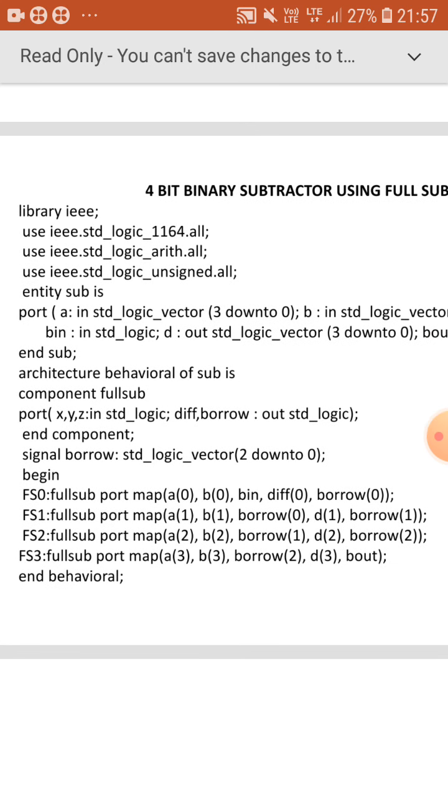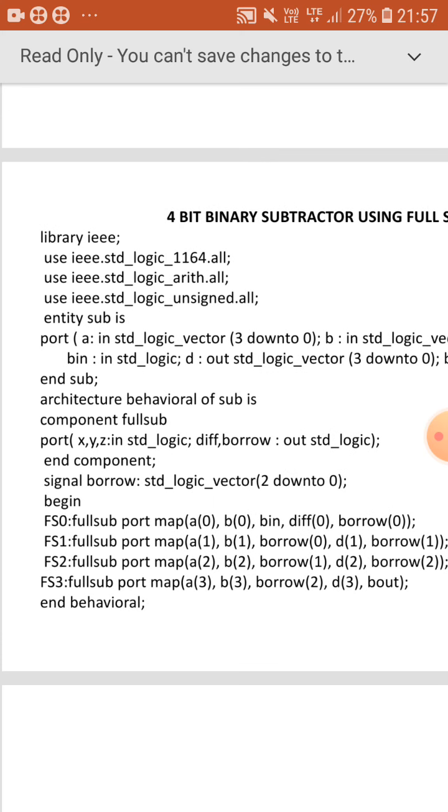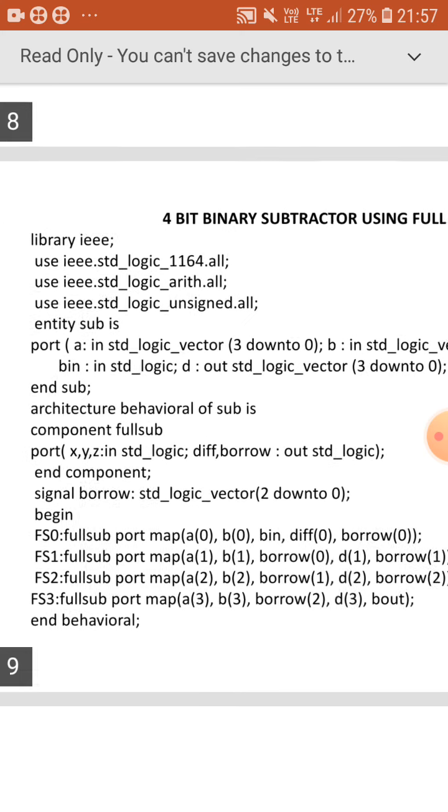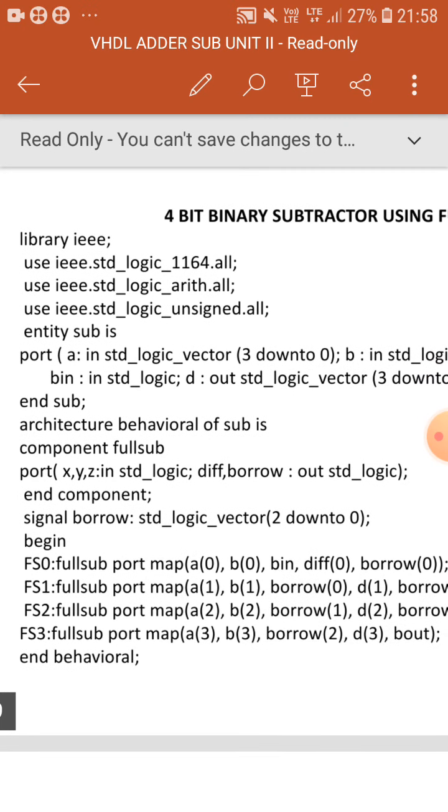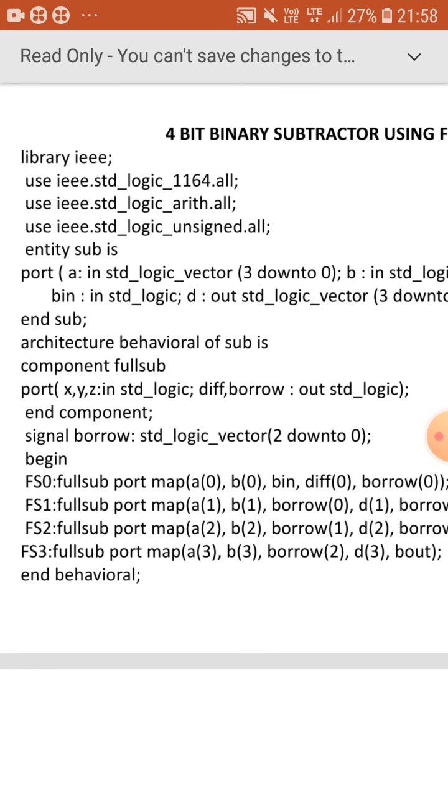Here we include the library on the top. First I am taking the entity part. In the entity part, all of you know that the first line will be entity name is. In this program sub is the entity name, behavioral is the architecture name. So, entity sub is.